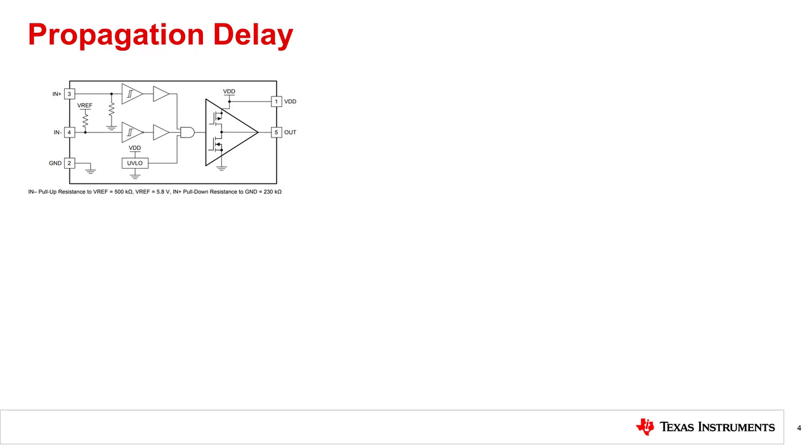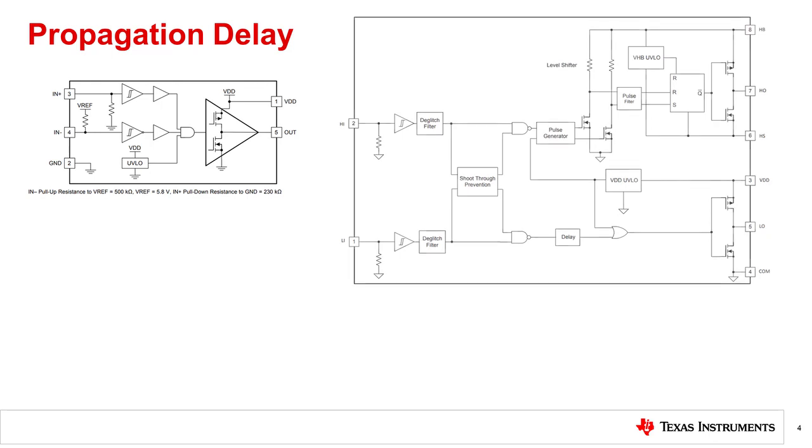Propagation delay is a function of the circuitry between the input and the output. Low-side drivers can achieve propagation delay less than 20 nanoseconds thanks to the simple circuitry required for their implementation. Half-bridge drivers introduce a slower high-voltage level shifter, as well as some deglitching and filtering circuitry to avoid noise triggering the outputs. Inevitably, this adds to the total propagation delay, and more than 100 nanoseconds of delay is common. The difference in delay between low side and high side is great enough that a separate delay block must be introduced to the low side.